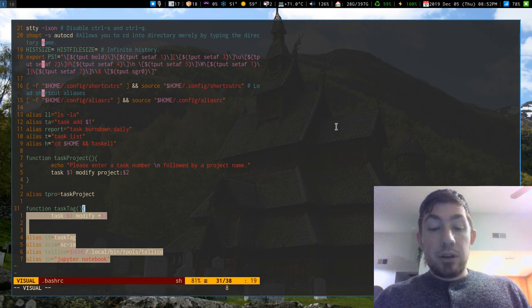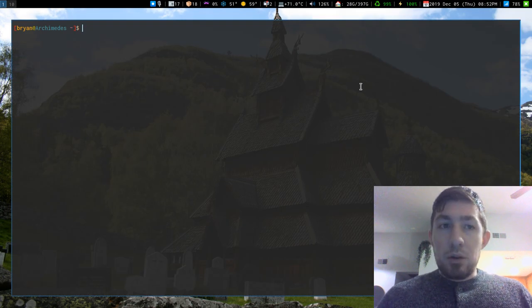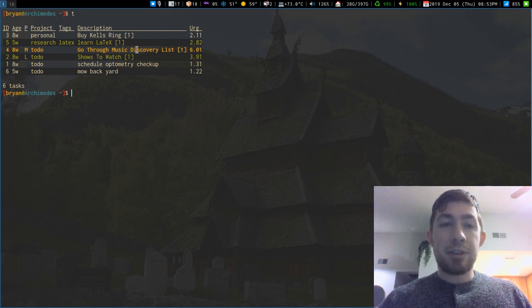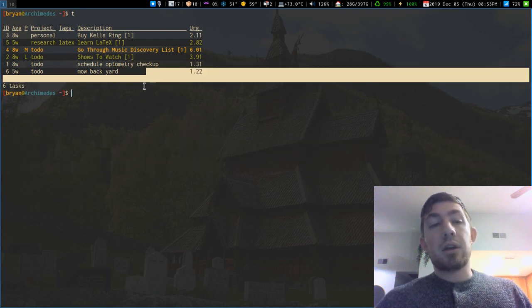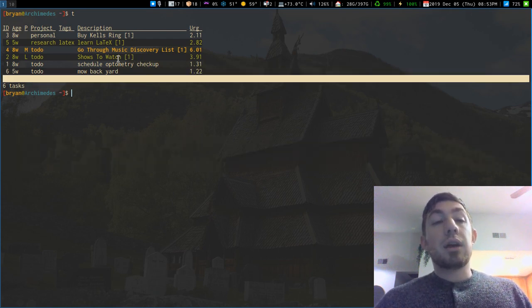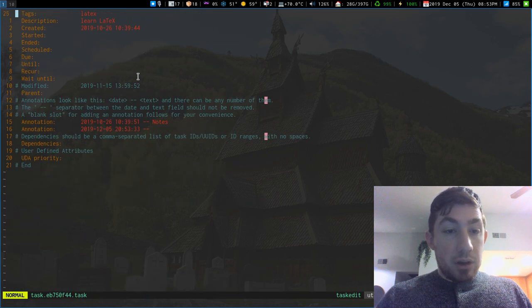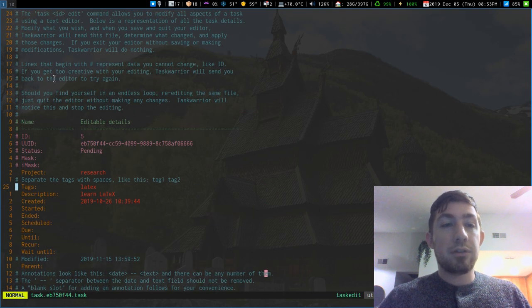Now, Taskwarrior is, as I said and keep saying, big, intense, complex. You can do a lot. Let's just see. So my default task is task list. That's how I like to see them. Line items like this. Annotations are grouped in these brackets. Now, an annotation is just like a comment on something, like I think my LaTeX one. So task edit 5 annotation. Yeah. So I have notes on here. You can have multiple annotations, and you have all of this stuff in here for the task,